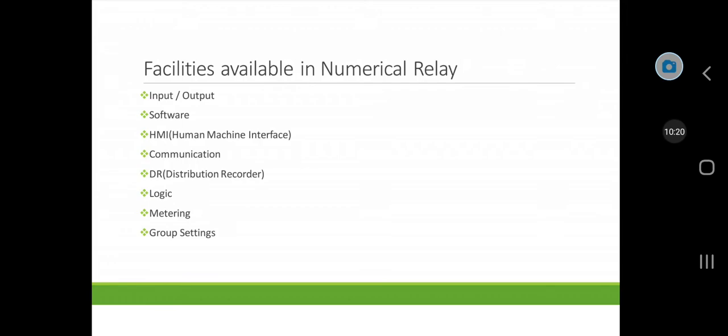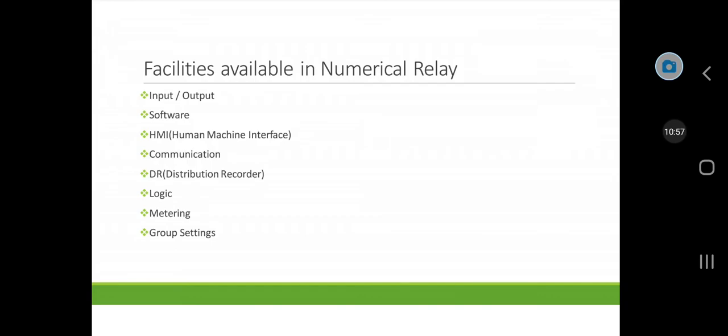Third is HMI, human machine interface. Some primary data can be available on the local display of the unit, that is the menu, or through a personal computer. It will display the data like service values, fault current and voltage prior to the fault and during the fault, time taken to operate the relay, distance of the fault, indications and tripping, phase affected, carrier signal sent or received, etc.